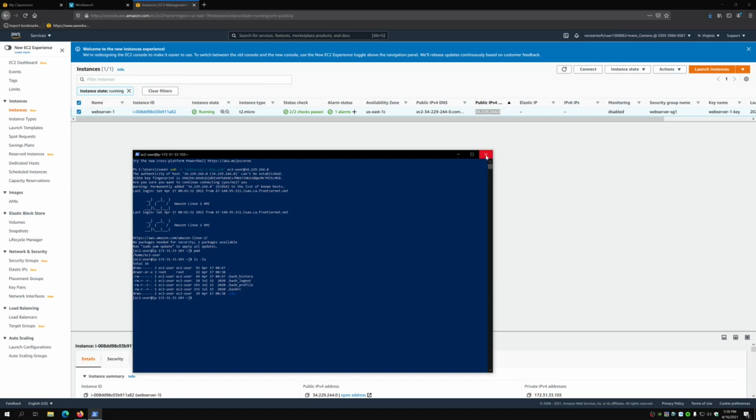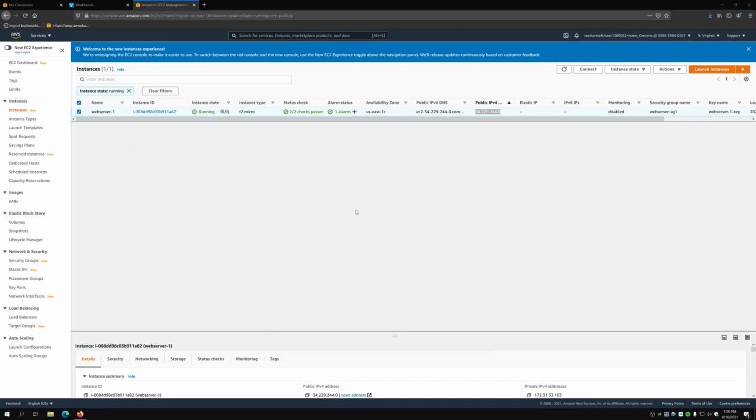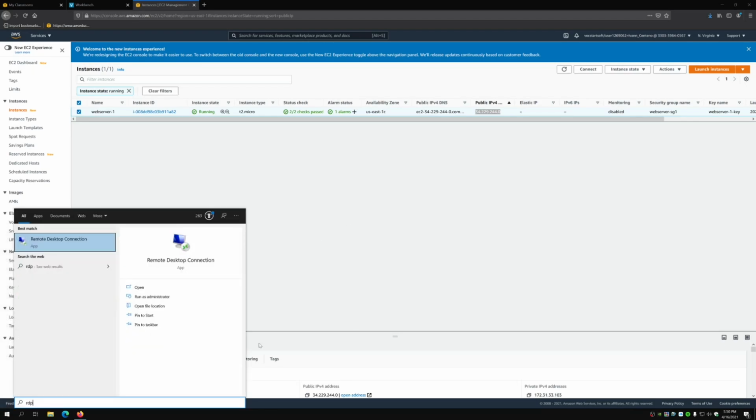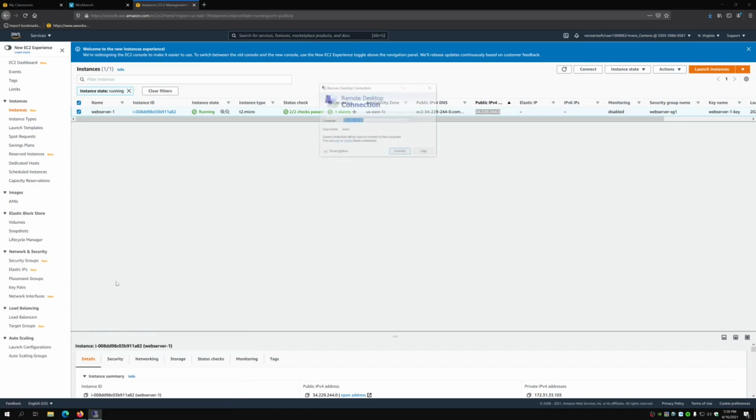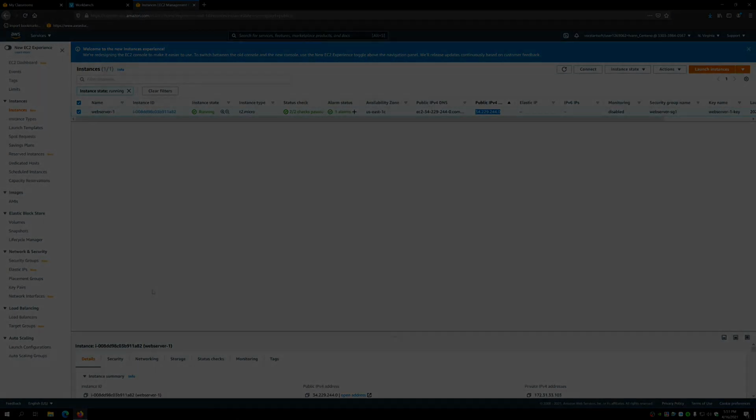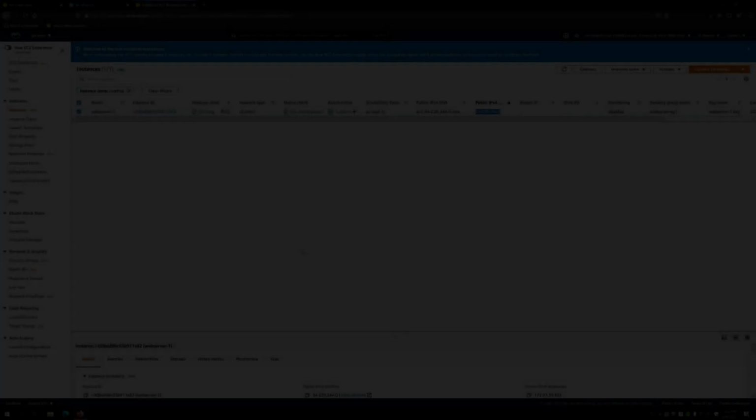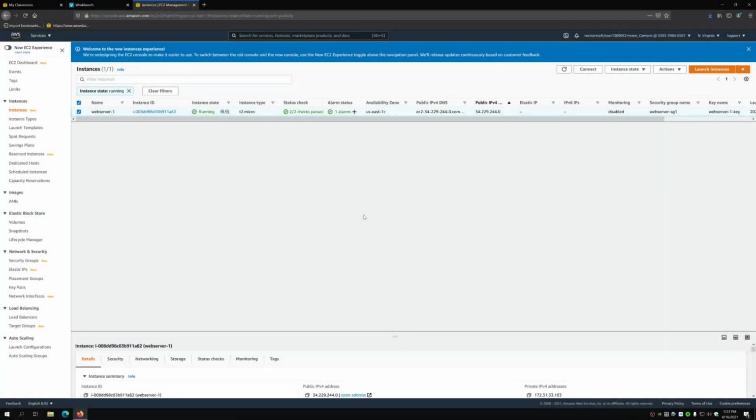If you had a Windows instance, you would use Remote Desktop Protocol, which is by default installed on Windows machines. You type in RDP, and it'll come up, and you'll specify the address and the username you want to connect as. All right, so before we finish up,